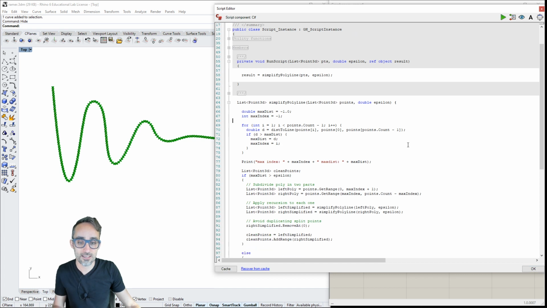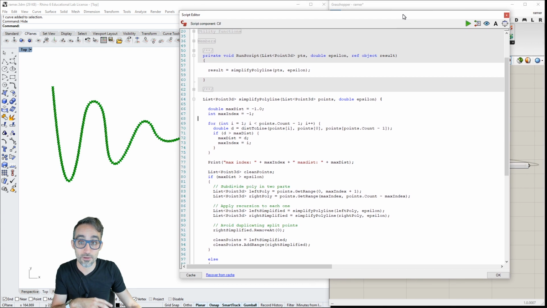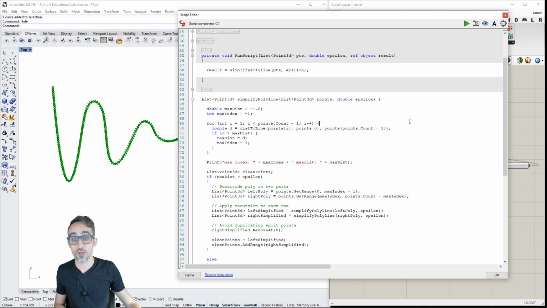And you will see that in this code, I'm almost not using any of the libraries that come with Grasshopper. So you will be able to take this code and replicate it in any other C# based environment, like for example Unity, VVVV, or Max, you name it.